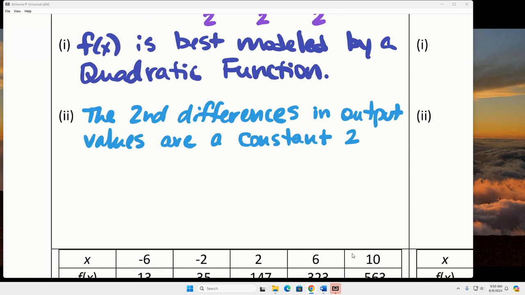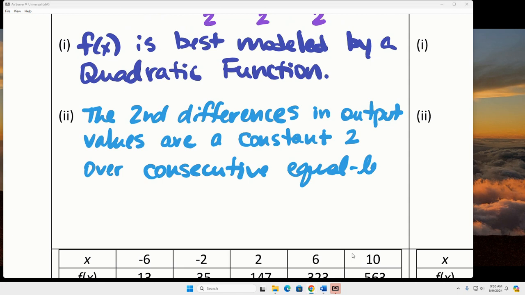But we haven't mentioned the input values yet. And so the change in input values is that consecutive equal length input value intervals. So after this, we need to say over consecutive equal length input value